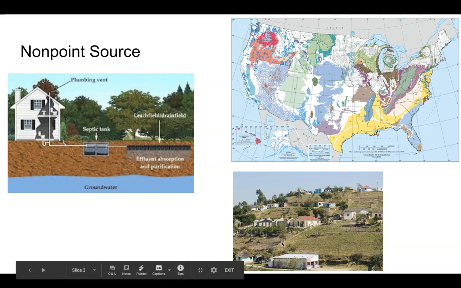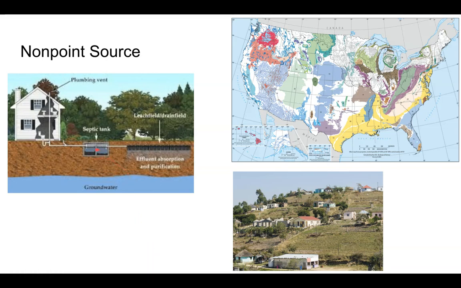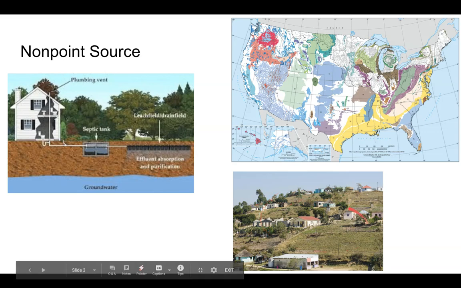So the image here of a whole bunch of different homes. So again, here I'm going to have the septic tank. If this fills up with particles, it's going to now get this gunk into the field, and now it's going to get down into the groundwater. This image here is showing you a whole bunch of homes. So which home or homes is causing the issue in a rural area? It would be hard to tell.